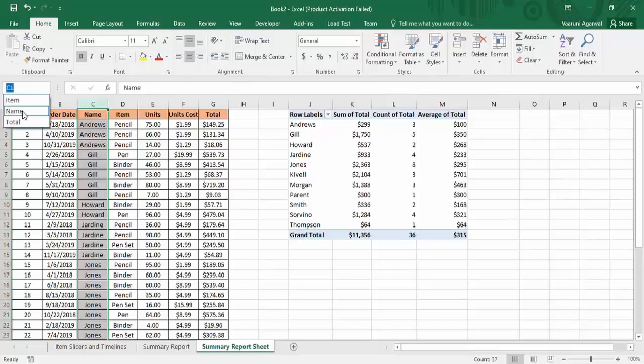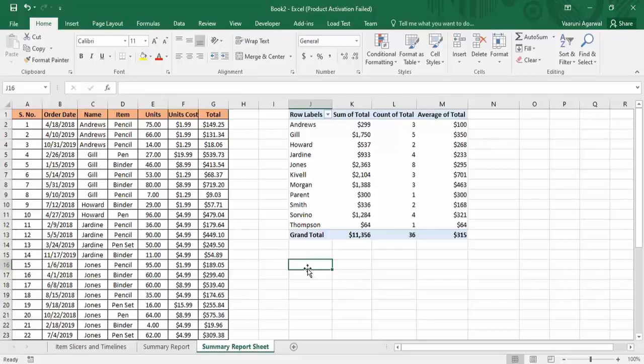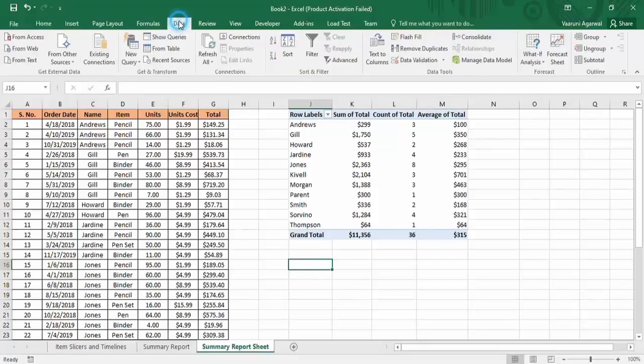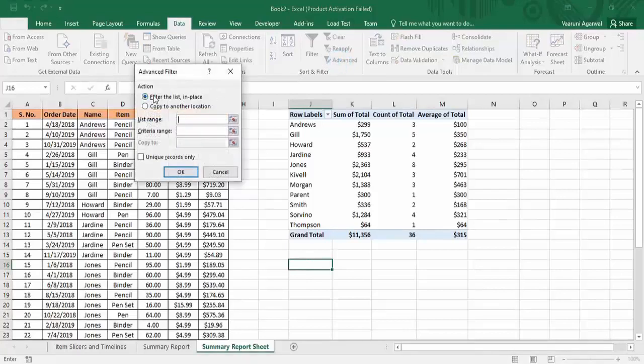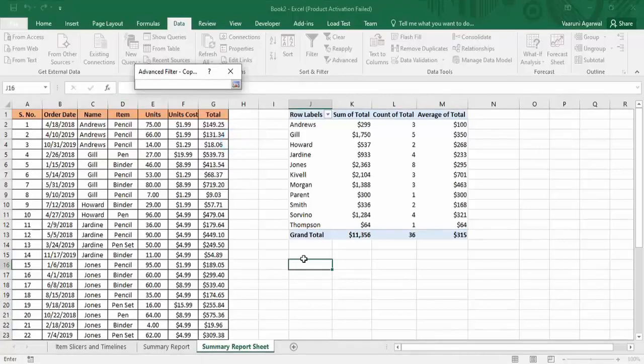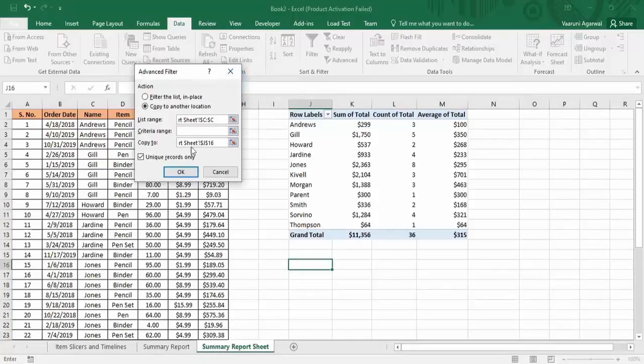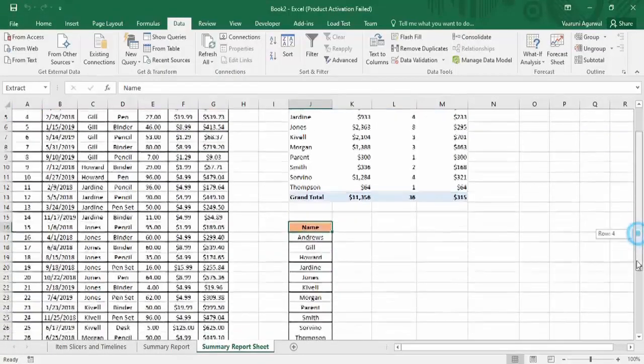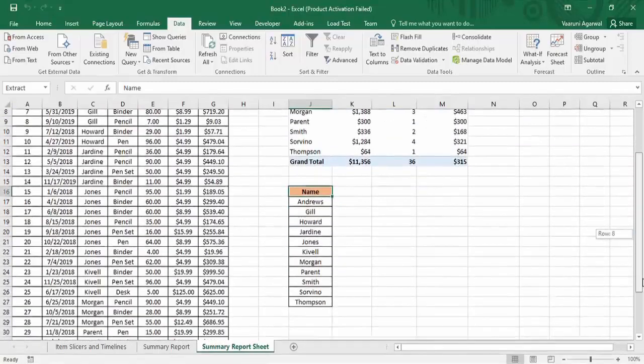Okay, then what we're going to do is just go to this place, and in the data tab, go to this advanced filter setting. Then you want to select this list range. So for that, just select this whole column like this, and make sure the unique records only is checked, and then you've got to check this copy to another location and select this location. This will help us to find out the unique names from this name column, and then click on OK. So you can see that these names that are unique have been created over here.